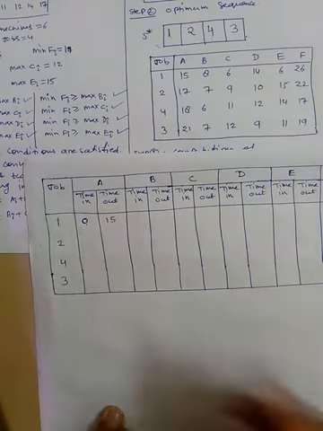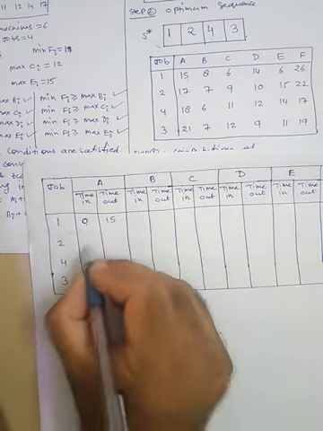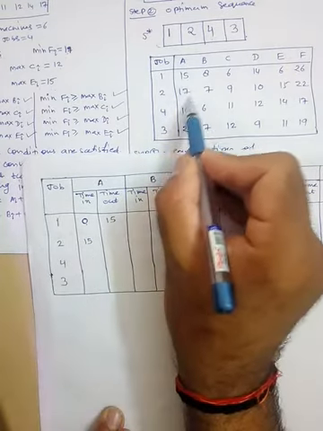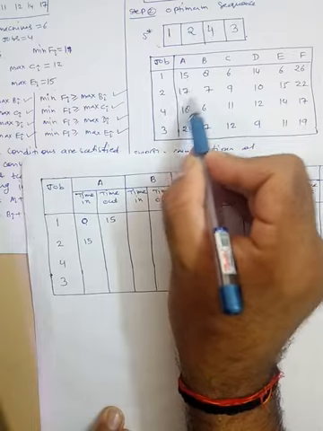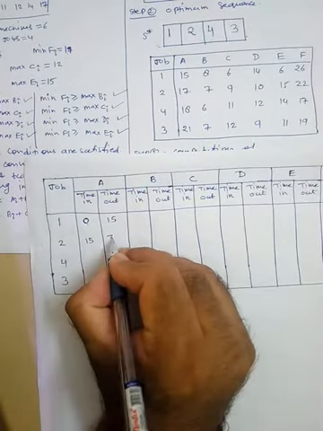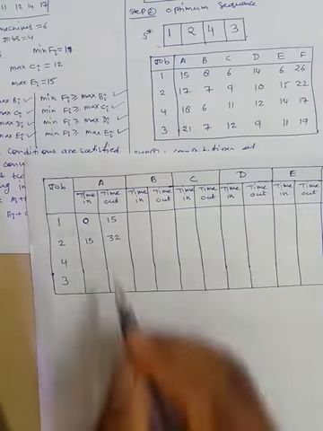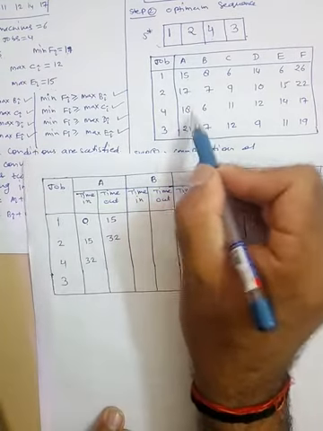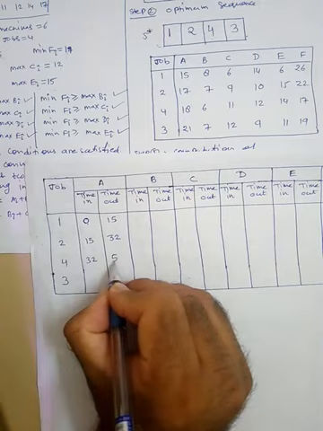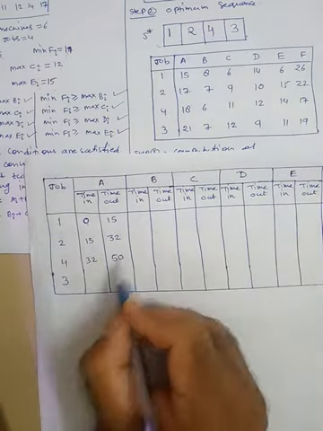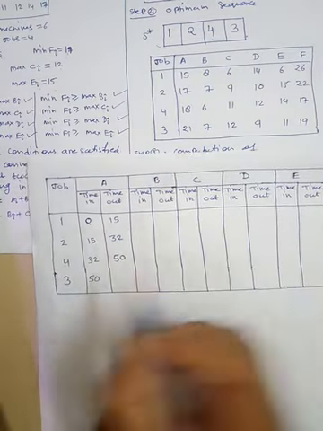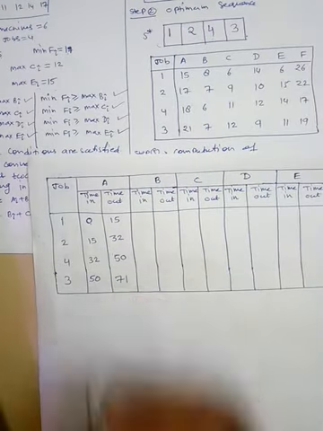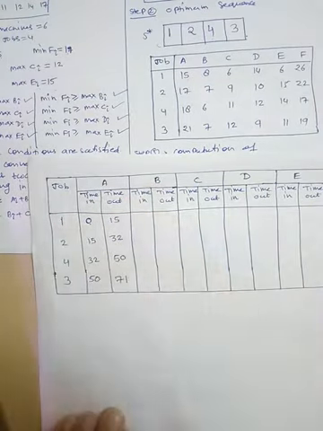Fine. Then this 15 will come here. And then the second job takes 17 hours. So total sum is 32. Then this 32 came here. Then 18, so this will be 50. Then this 50 will come here. Then total sum with 21 here, so total is 71. So this is machine A.